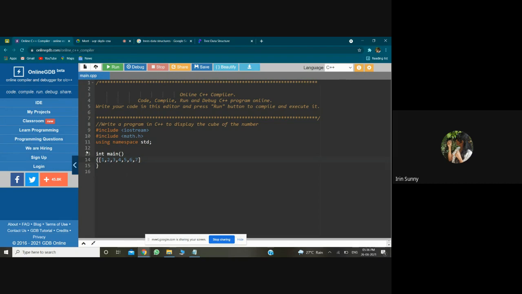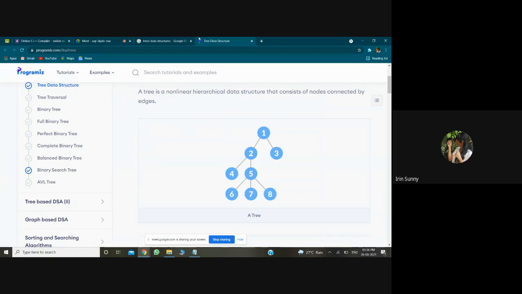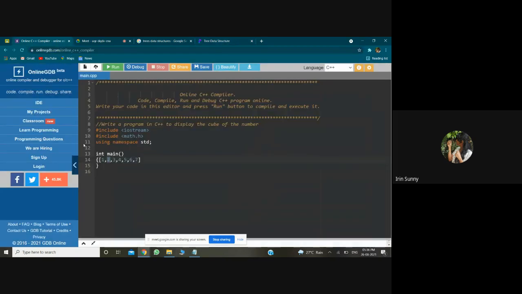Once again, this is the child node, and this is the root node. The first node will be the root node. The children of this node will be found at the adjacent positions. So 2 is the child of this node and 3 will be the child of this node. Now, the child nodes of 2 will be 4 and 5. Since 3 has no child node, it's clear that 3 has no children. 6 and 7 will be the children of the fifth node.